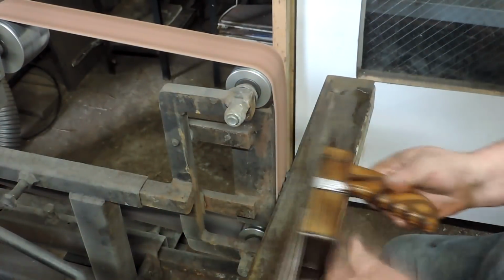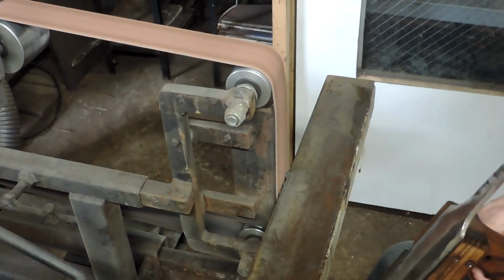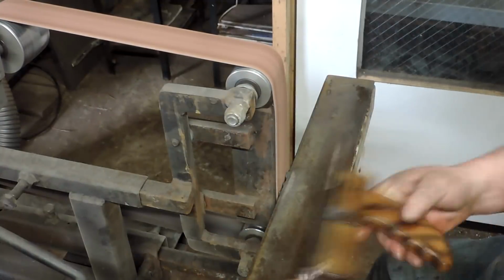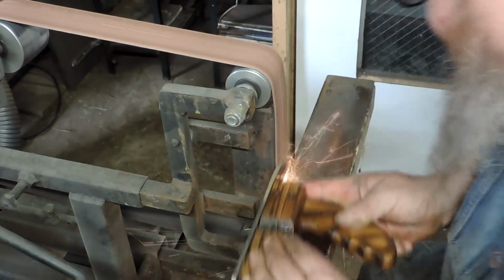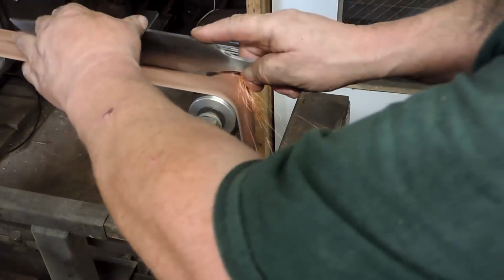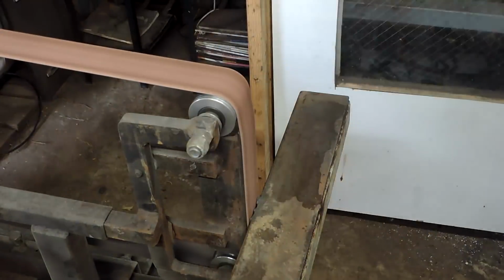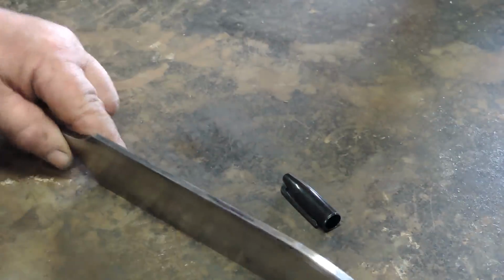And we've got our little magnetic block to keep our hands away from the belt, nice and cool. Again, we're just taking some meat off this thing, getting it nice and flat all the way around. There we go. Do some final profiling on this thing. Right on. Alright, so